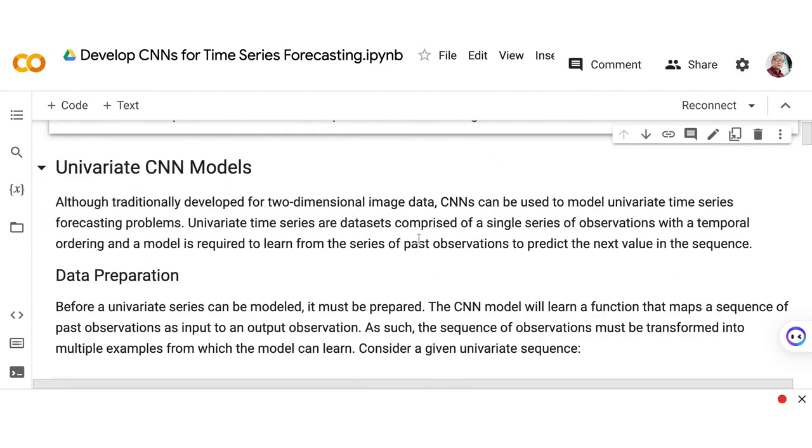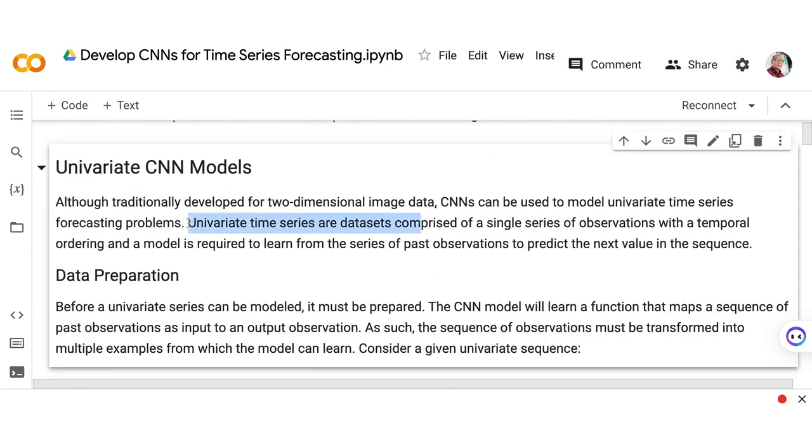We identified last week that univariate time series are data sets that have a single series of observations. Meaning we only have one feature, and the order of the data set is with respect to its time or temporal ordering.